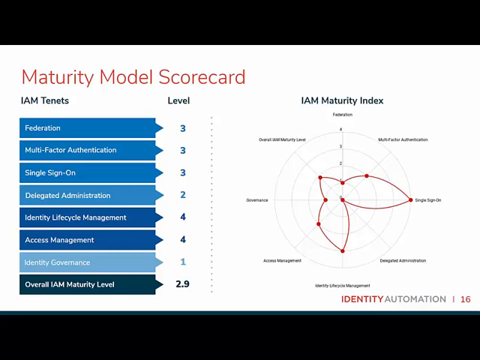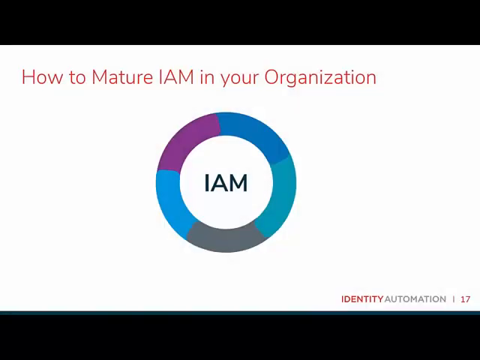And so let's take a look at how we can actually put this into practice. As we go through this, I've got a circle here. It says IAM, and that's on purpose because what I want to do is wrap all of this up. I wanted to talk about using all of the insight that we got in the various tenets, evaluate where we are at with each of those and where we need to go. And really it comes down to, how do we do that?